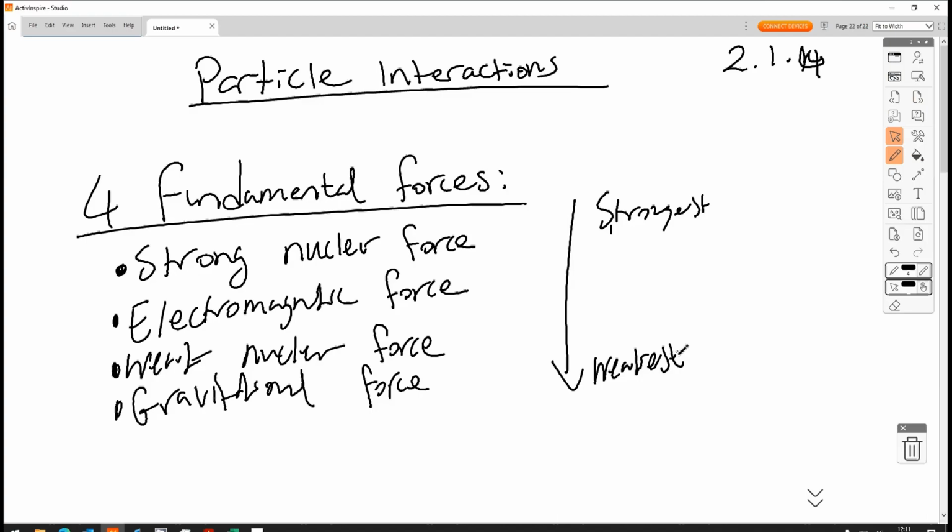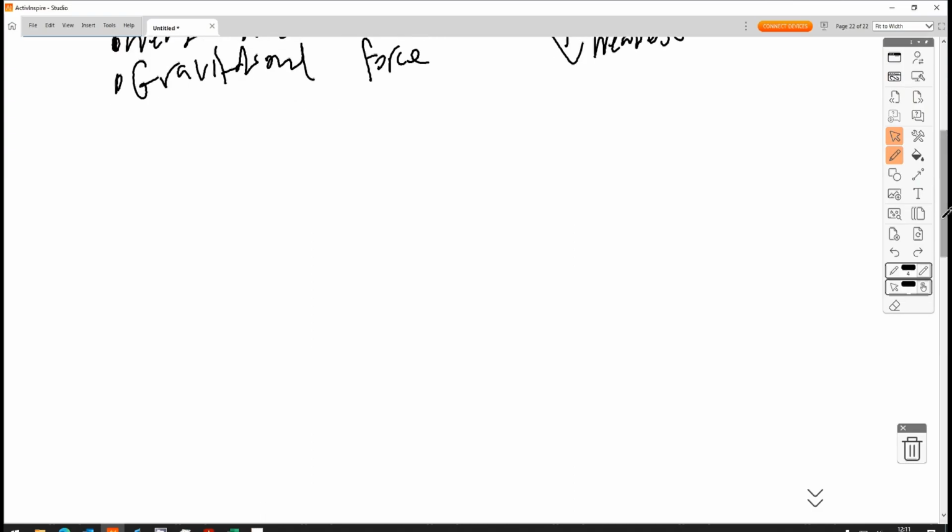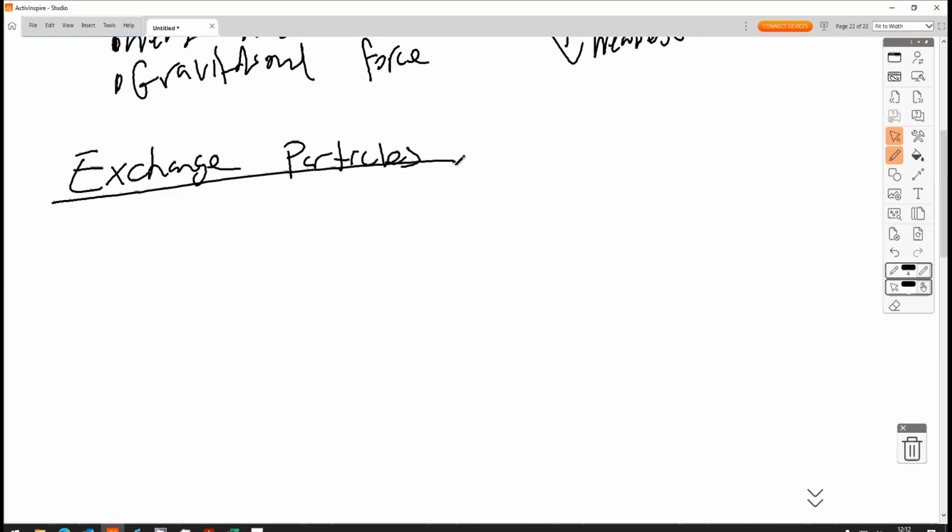Next, we're going to start with exchange particles. And in particle physics, the exchange particles describe how different particles interact with each other, or how they apply forces onto each other. So this might come across as quite strange to you guys, because it's the first time you're seeing it, but I'm going to try to explain it in a way that's simple. So exchange particles mediate forces